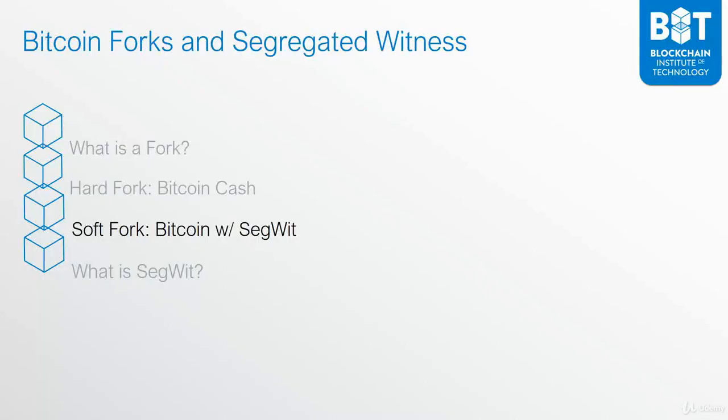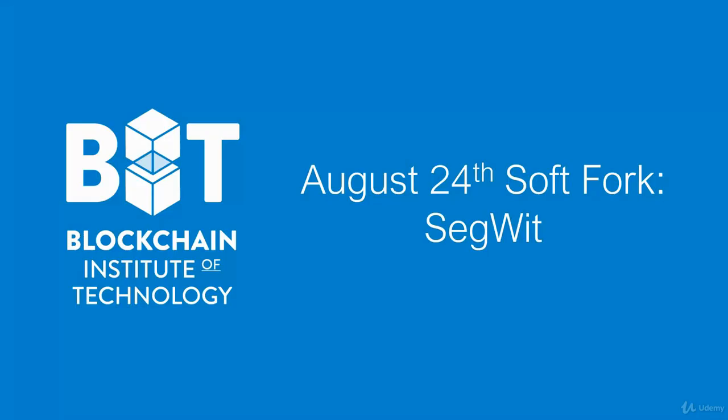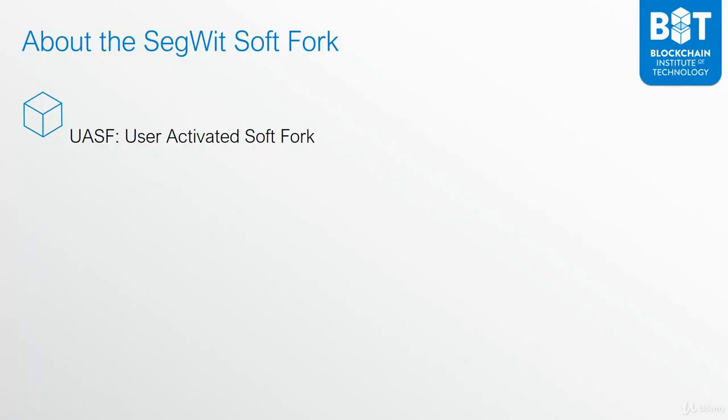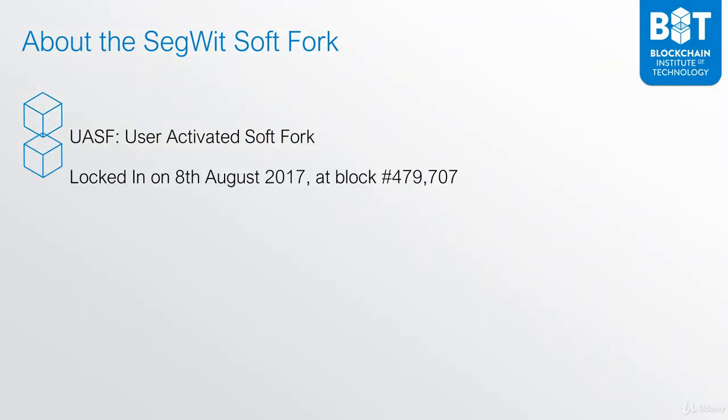Let us now look at a soft fork by exploring how segregated witness was activated on Bitcoin. To be exact, the soft fork took place on August 24th, and it was done through a process called a UASF, or User Activated Soft Fork. Segregated witness was locked in on the 8th of August 2017 at block number